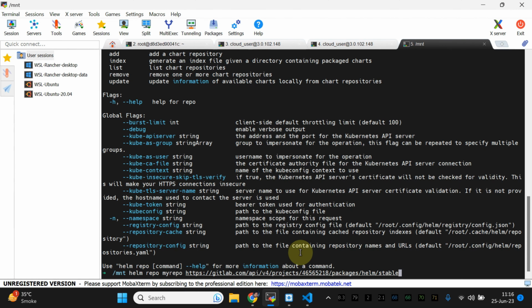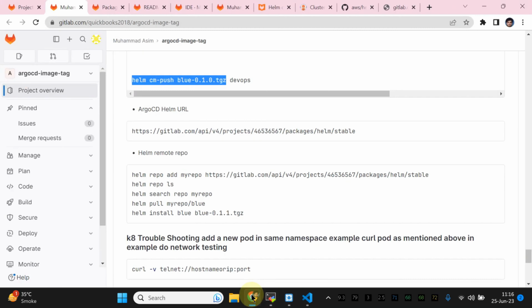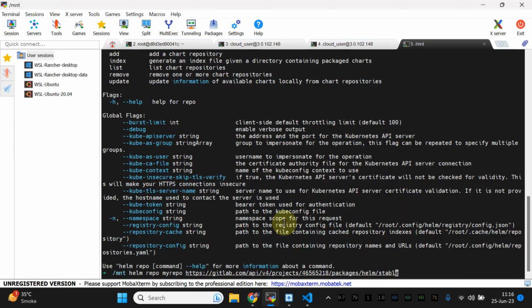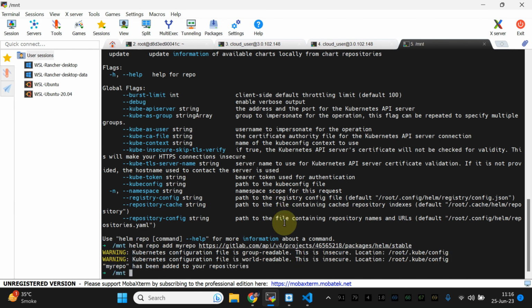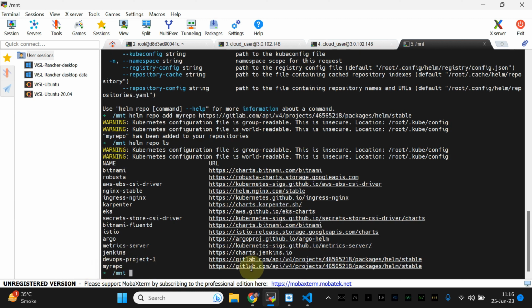Helm. Okay, I missed the add. I think Helm repo add. Yep. So I need to add here. So you see, if I do Helm repo ls, you'll see that my repo with this link